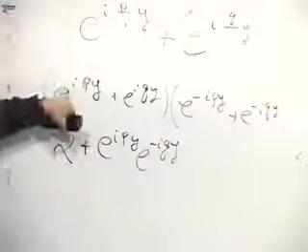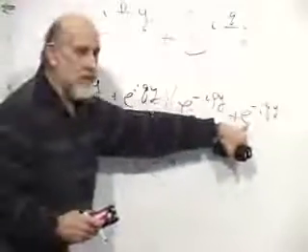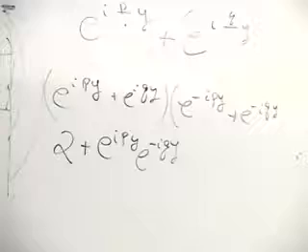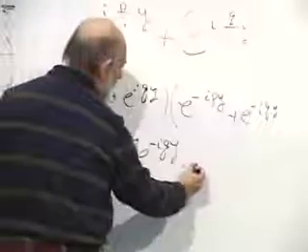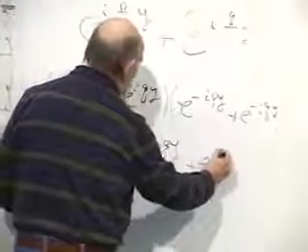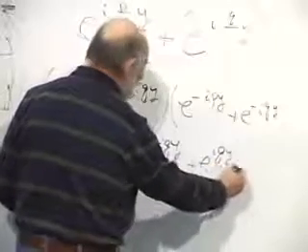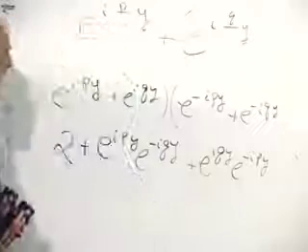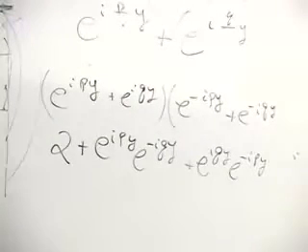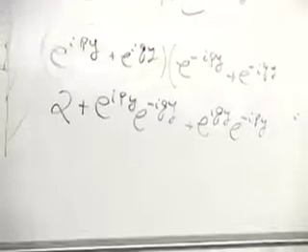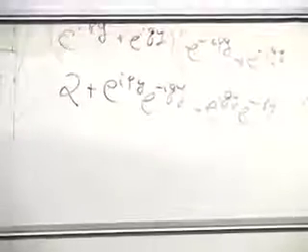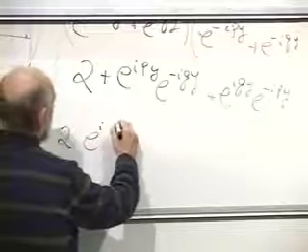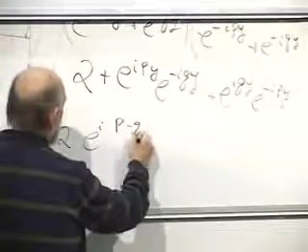That's coming from this term times the far term over here. And then we have plus e to the i q y times e to the minus i p y. Or to write it slightly differently, this is 2 plus e to the i (p minus q) y,